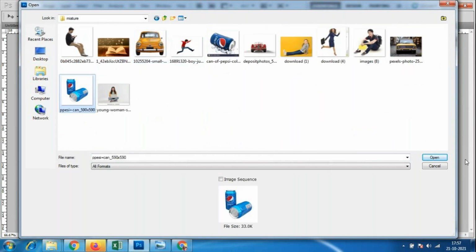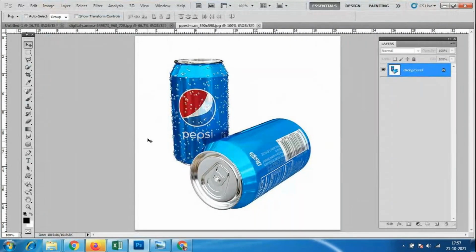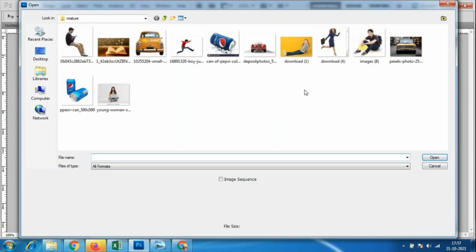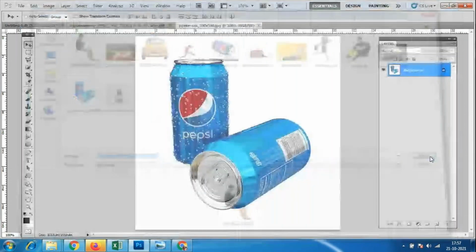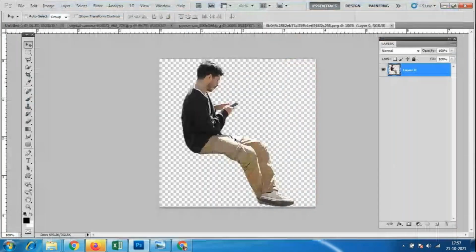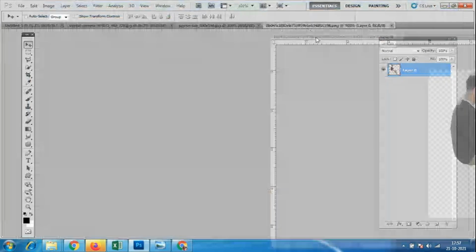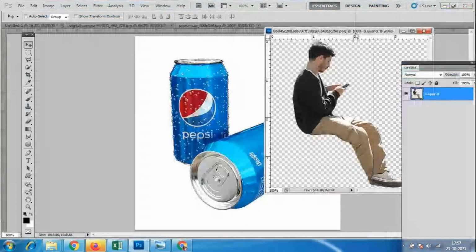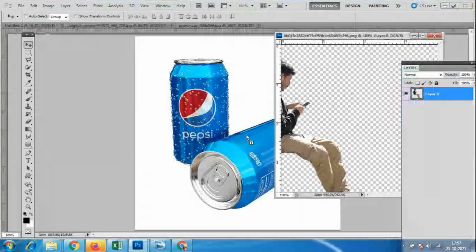I'll just take this Pepsi bottle file. I'll go to file, open, and let me check. If I take this person, the background is already not there. We have already cut this background. So suppose with any image we want to place the miniature things.